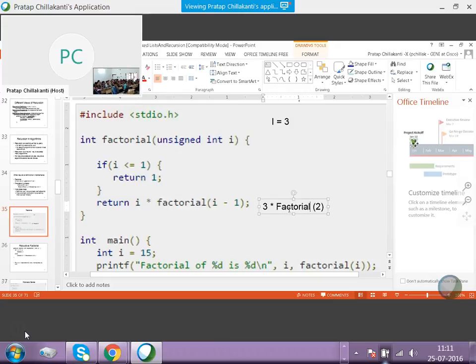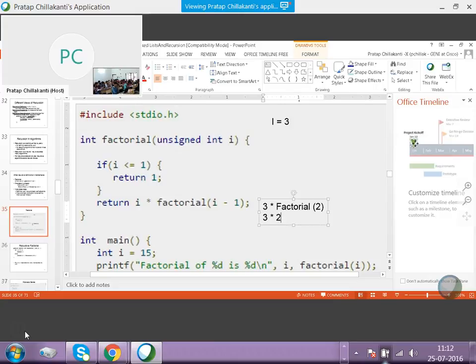Since this function is called again, this gets broken down into 3 star. Then next time when you call factorial, I is equal to 2. So this is going to be factorial, and you'll say 3 star,